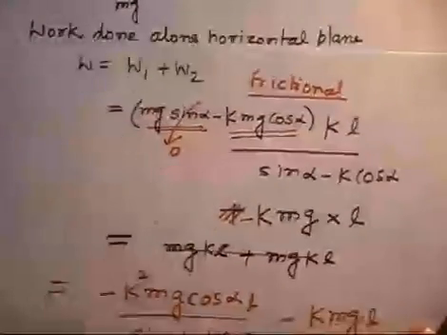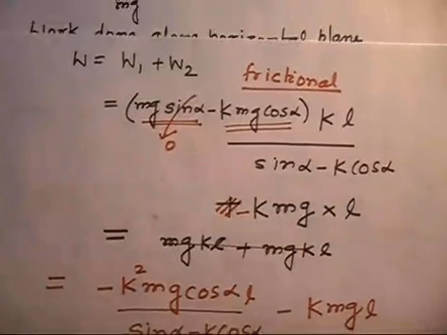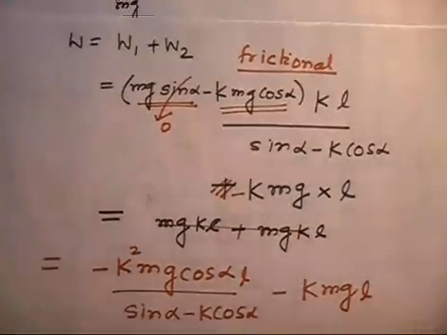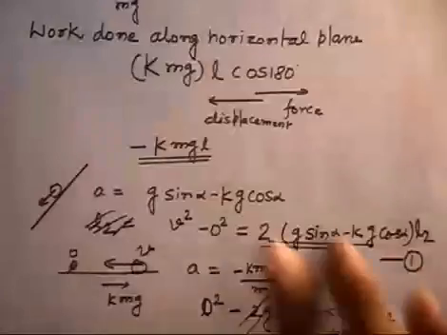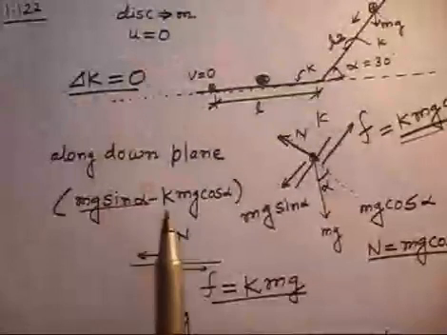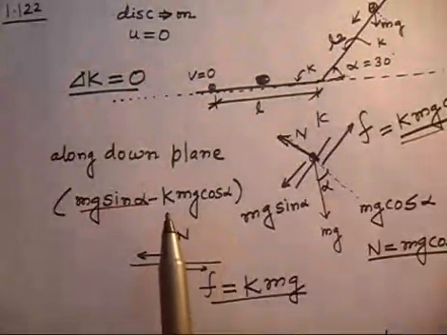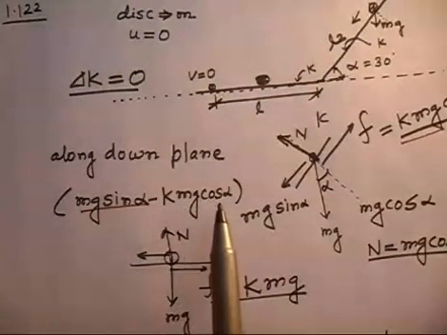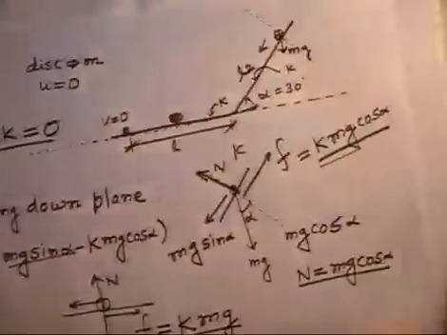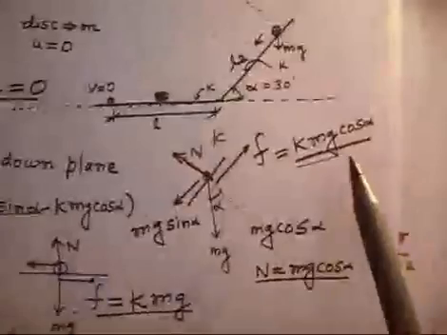So let us assume, in the question it is asked what is the total frictional work done. It is not the total work done. You see, this is the total force down the incline. You see the back page. So what is the total force down the incline? That is mg sin alpha minus kmg cos alpha. What is the frictional force? This kmg cos alpha is the only frictional force you see here. So friction force is nothing but kmg cos alpha.